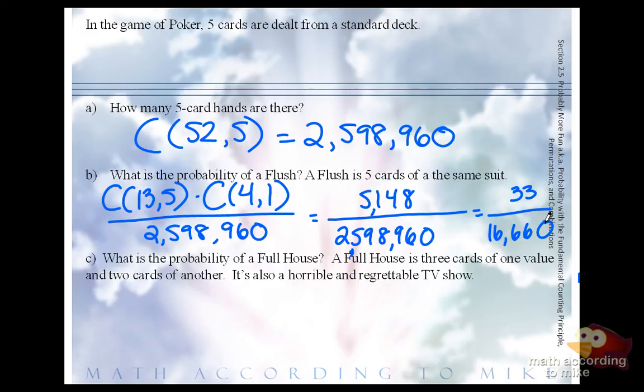Now, if you look in a book that displays the probabilities associated with a flush, that is not the answer you'll get, because there's a very, very good type of flush you can get. Does anyone know what it's called? A royal flush. That means it's 10, jack, queen, king, ace of any particular suit. So if you're in Vegas and you have a royal flush, that's everything you have. Absolutely everything you have. Why?